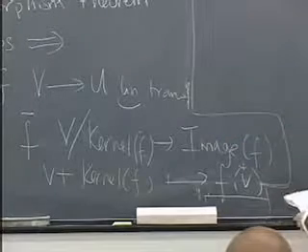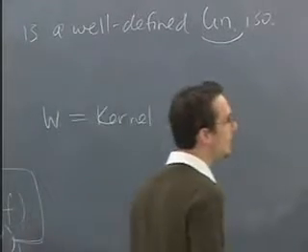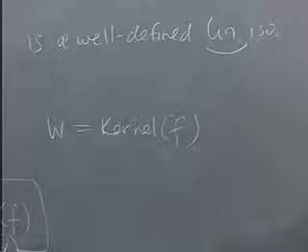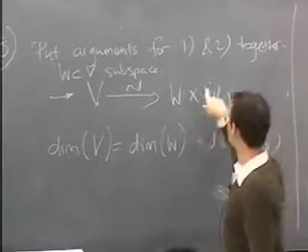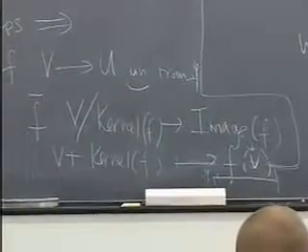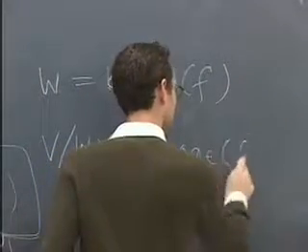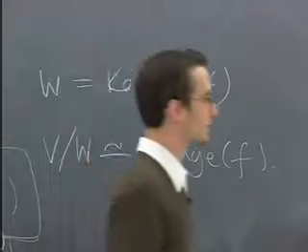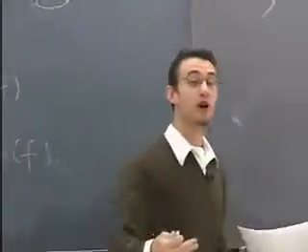So given this result, all we have to do is take W to be the kernel of F, and then just put it in this result, because this is saying that V is isomorphic to kernel of F times image of F. This is saying that W times V mod W, but W is the kernel here. V mod W is V modulo the kernel, but that is, we've just seen, the image. So kernel times image. Any questions so far? So we're really just taking a composition of the two isomorphisms. Exactly. We're putting together all the things we know, we're accumulating them, we're putting together the isomorphisms, and we're seeing what we can find about the structure